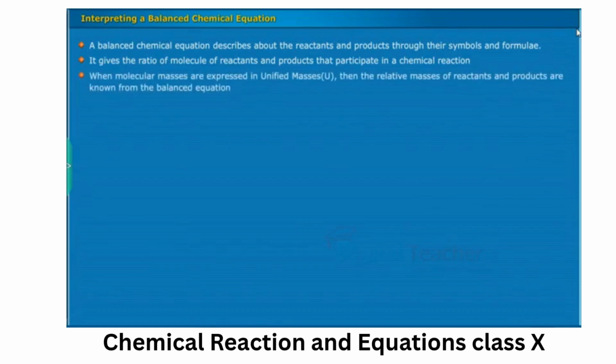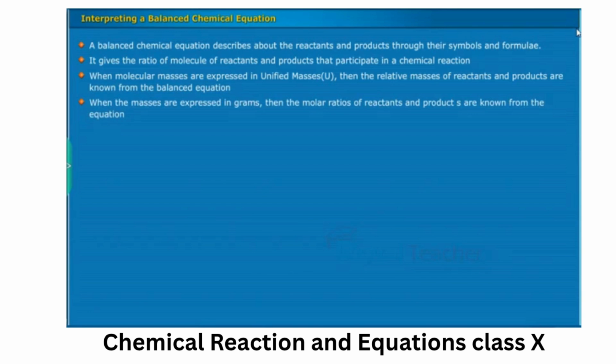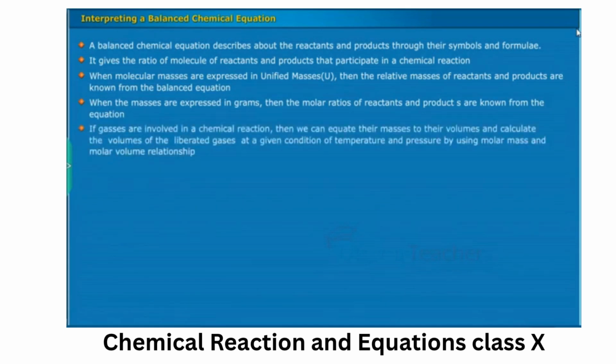When molecular masses are expressed in unified masses U, then the relative masses of reactants and products are known from the balanced equation. When the masses are expressed in grams, then the molar ratios of reactants and products are known from the equation. If gases are involved in a chemical reaction, then we can equate their masses to their volumes